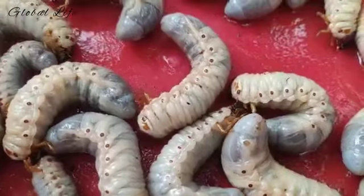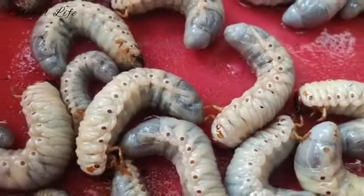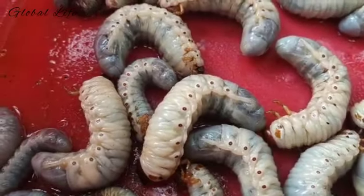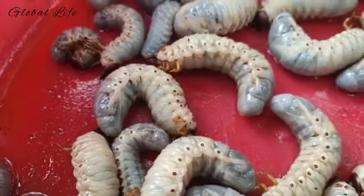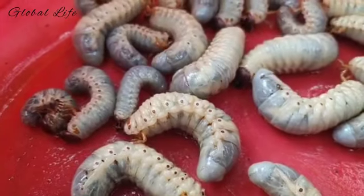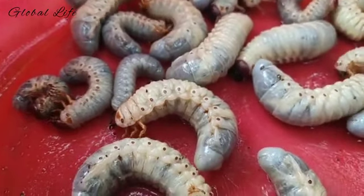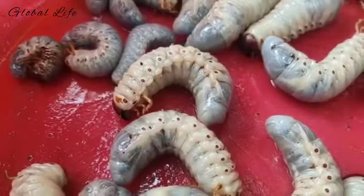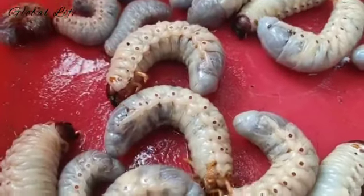The life cycle of the white grub consists of 4 stages: egg, larva, pupa, and adult. During this 4-stage process, the white grub transforms itself in shape, size, color, and feeding habits. It also changes where it lives during its life cycle. White grub species all complete their life cycle in 1 year, with the exception of the June beetle, which has